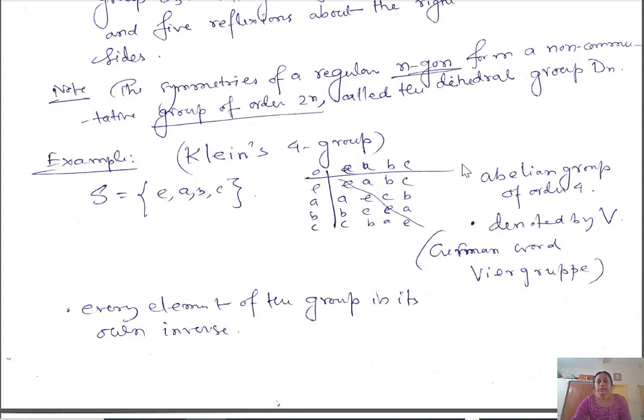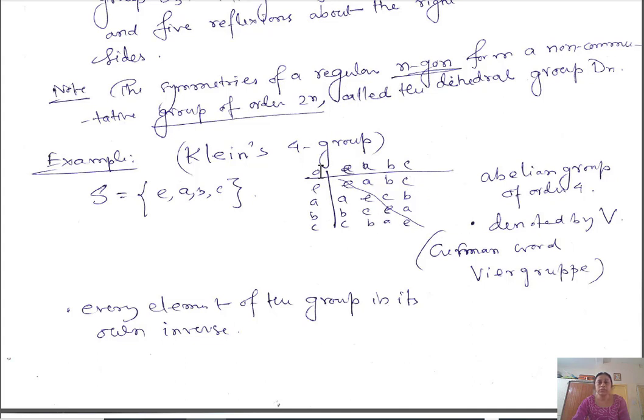Okay, so we are discussing finite groups. We have seen several examples in the last class. Here are some more examples. Klein's 4 group. This group consists of 4 elements: E, A, B, C, and the composition table is